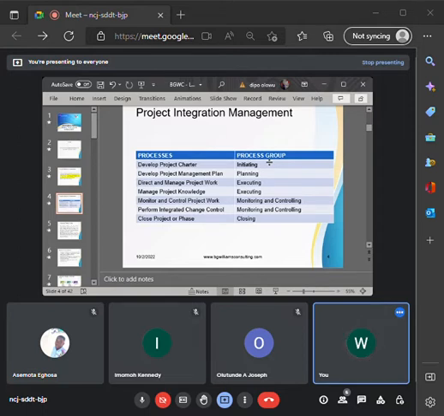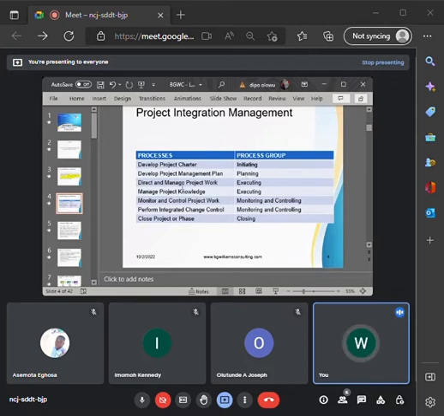And when we say initiating, it is that beginning time where you are still trying to understand what the project is all about. Then number two, the second process that you must also consider is to develop the project management plan. There must be a plan. You remember the case study we discussed about Q Silver Consulting in our fundamentals. All of us said that it's because that organization did not have a plan, and because they did not have a plan, hence the problem they encountered. So now we need to have a project management plan. You see that it is carried out under the planning phase of the project.